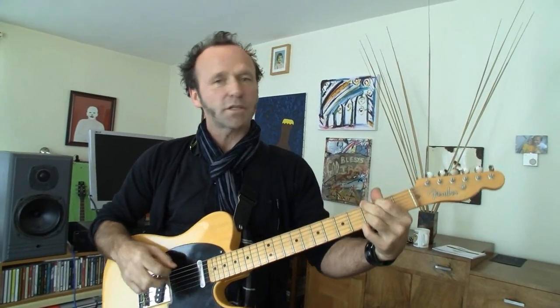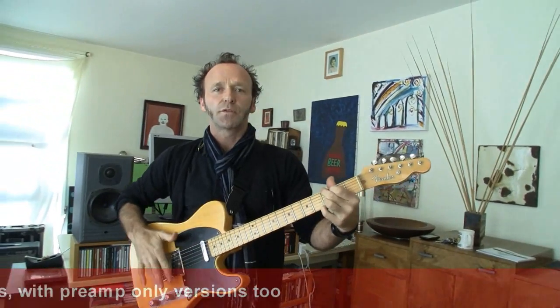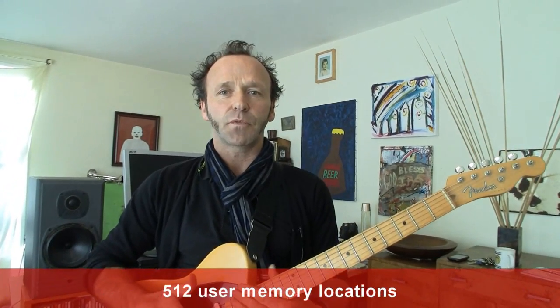Today we're looking at the new Line 6 pedal, the Pod HD500. We're listening to a Fender Telecaster 52 reissue, played through a Fender Blackface Twin, giving us a lovely sound. The thing about the new pedal is the range of new amplifiers, preamps, amps, cabs and mics, and the configurations